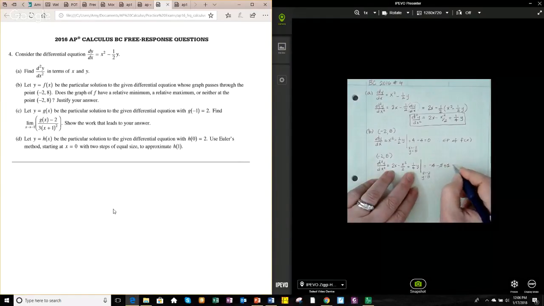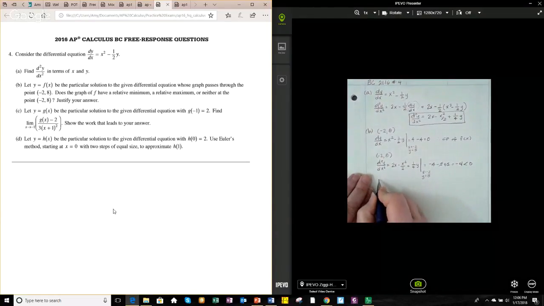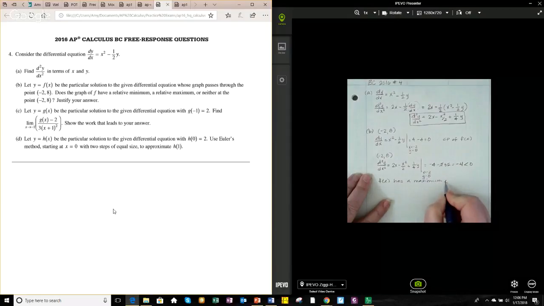So these cancel, and I get -4, which is less than 0. All right, so what does that tell us? Well, that tells us that f of x has a maximum at (-2, 8),